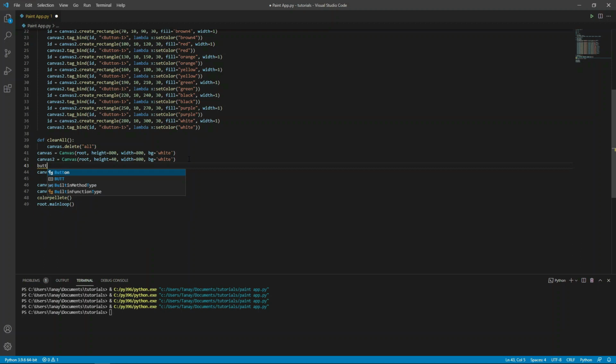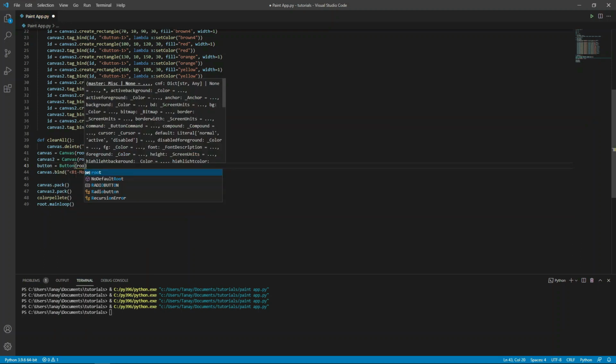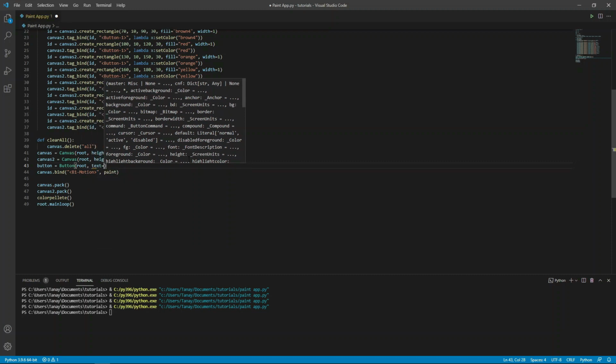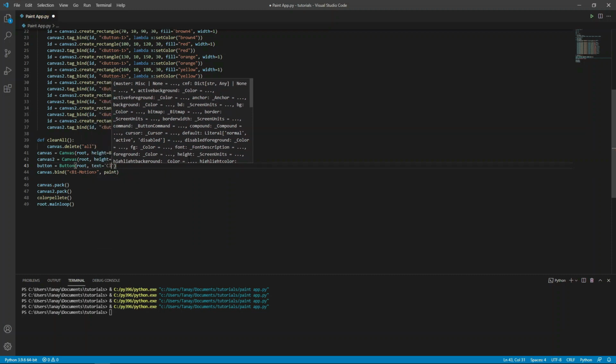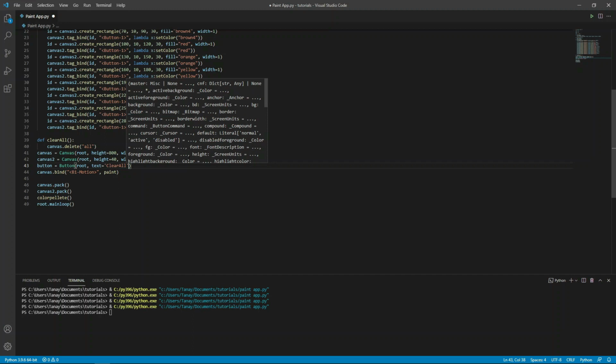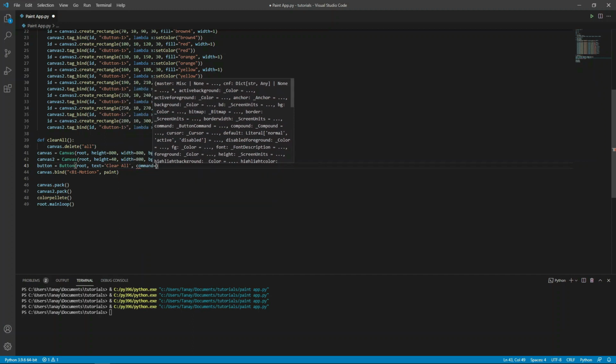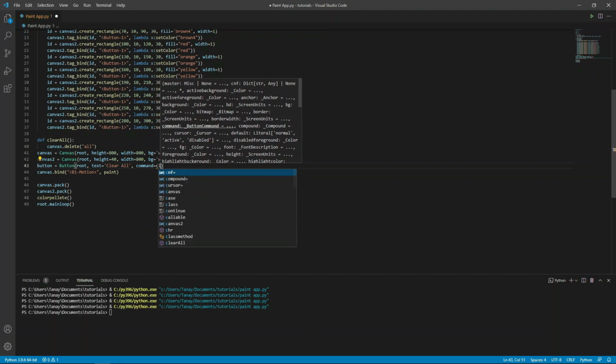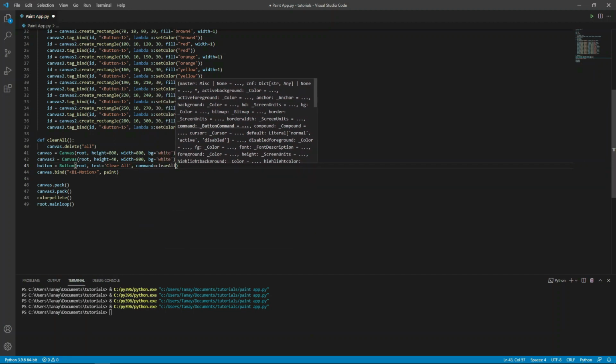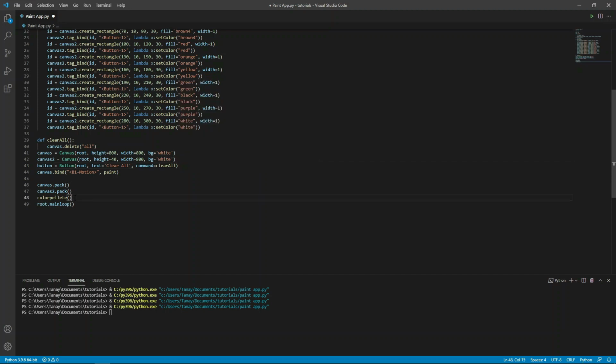Button equals to Button root comma text equals to clear all and command equals to clear all and button dot pack.